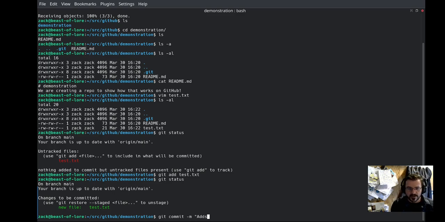And tense is a hotly debated topic. I've heard people that don't care. Some people are very strongly in the camp that it needs to be present or past tense, etc. So I'm going to go with this tense: adds a test.txt file, and that's about it. And I have this convention that I had picked up at work that I add my initials. So it adds an extra layer of being able to track back who made the commit,